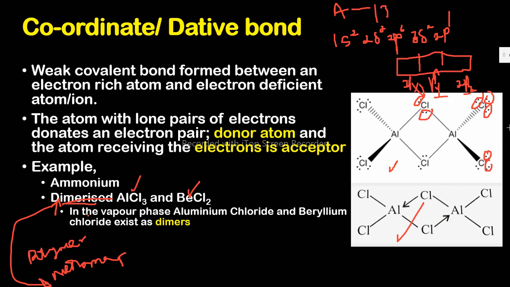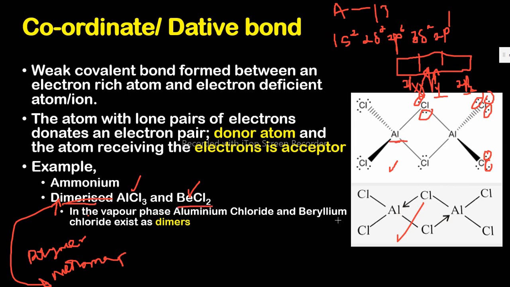Okay? But for chlorine, it has lone pairs of electrons. Imagine AlCl3. One of the chlorine atoms will donate its lone pair to one of these empty orbitals. And then they share. Why? Because the aluminium, the beryllium, they have strong